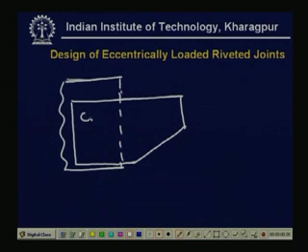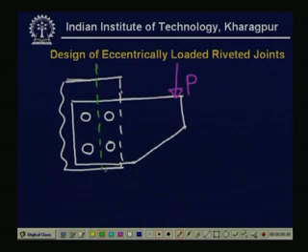Take for example, there are 4 rivets, and we have a load which is passing over here. So, the eccentricity will be measured from the centroid of these 4 rivets, and that is given by this distance. So, this is the centroid, and this is E, the eccentricity of the loading. Now, you see what happens due to this